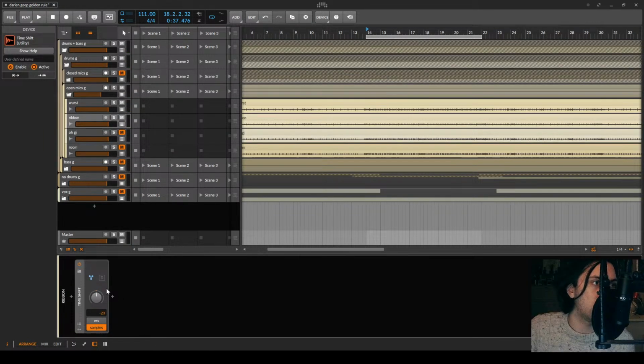Experimenting with negative time shifts is always a little bit annoying with this tool, because every time you change the value it has to reload the latency compensation, which makes a little bit of an audio dropout. That's why at some point I want to make my own plugin that does something like this, but without the audio dropout. I haven't done that yet, so I just have to live with this effect for now.